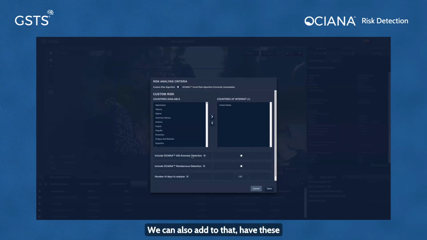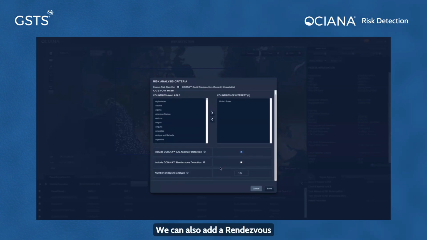We can also add to that, have these vessels included patterns of behavior that are anomalous in terms of AIS transmission. So we can check this off. This will greatly reduce the number of vessels, as it would be those that have visited the United States, but that have also exhibited anomalous AIS transmission behavior. We can also add a rendezvous detection algorithm. This filters it down again to vessels within these selected vessels that have rendezvoused with another vessel in the analysis